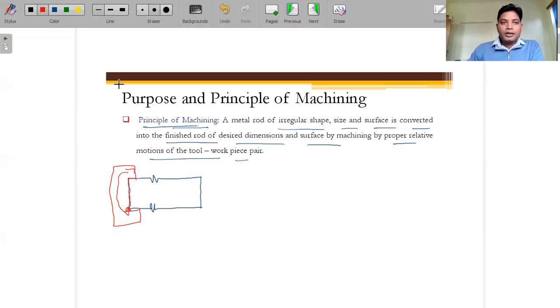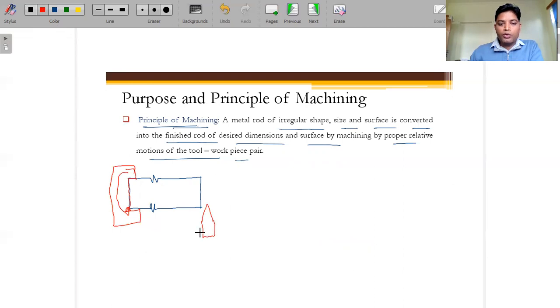Now there is a tool post over the cross slide. So here we are using the tool. Generally most of the time we use the single point cutting tool only, and we will discuss the geometry of that. I forgot to mention in the content part, but we will discuss that one. So here we are using the single point cutting tool.